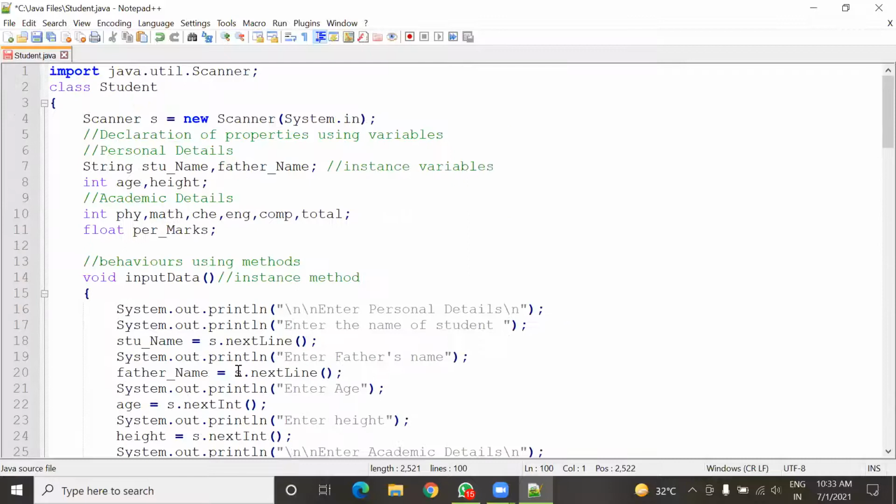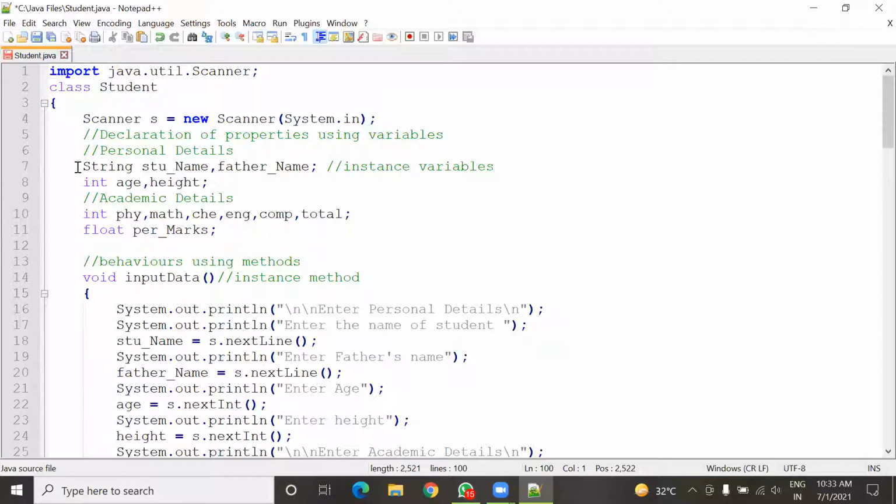Now the next thing is that we have two other terms, class variables and class methods. So what are these things? Just consider this program.